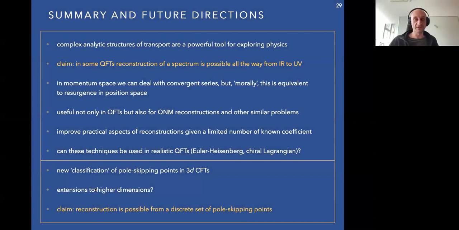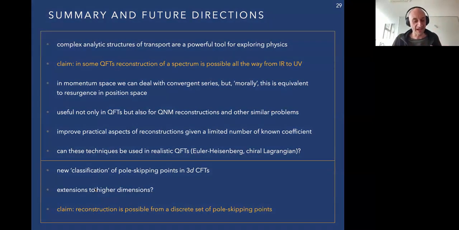And then the last claim that I was trying to make, and that I didn't really substantiate, but is to be determined and presented soon, is that I believe that the full reconstruction of the entire spectrum is possible from only knowing a single infinite discrete set of pole skipping points. And it's particularly convenient for this set of pole skipping points to be the set that the mode, in this case the diffusive mode, passes through. So then it's some kind of an interpolation problem, which we solve in some way, and interpolation problems are tricky in general,